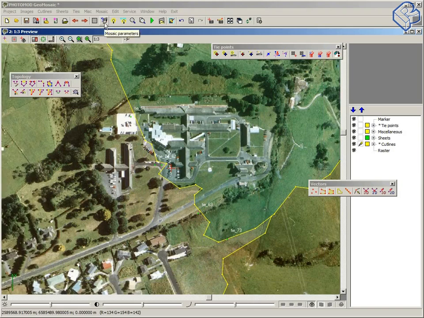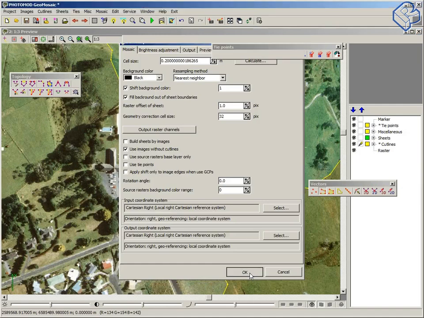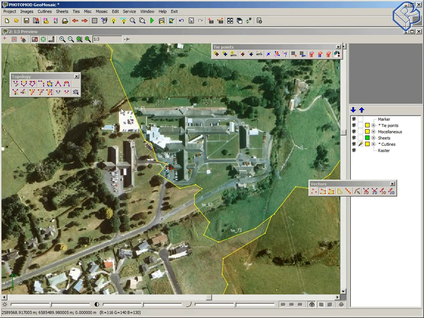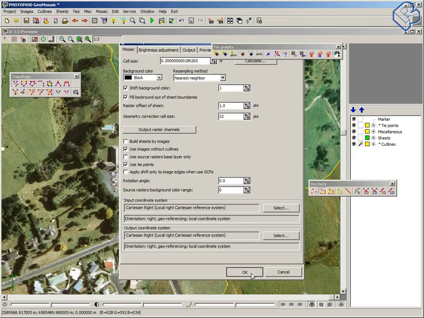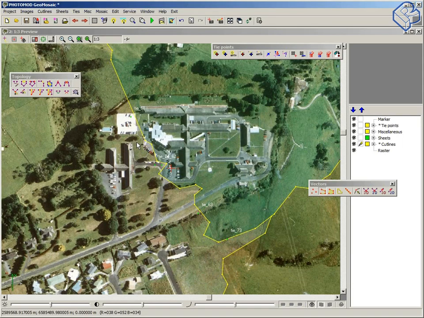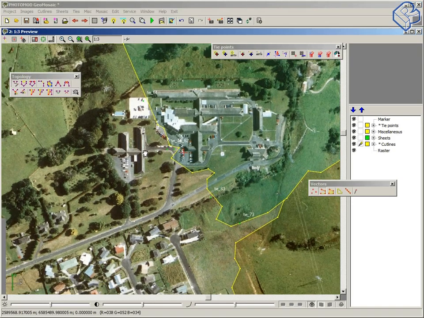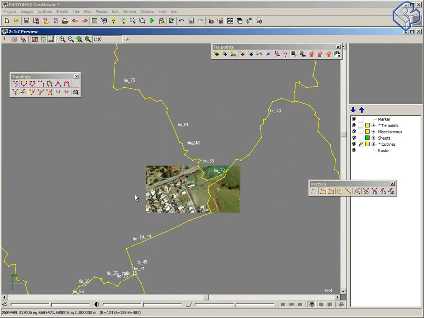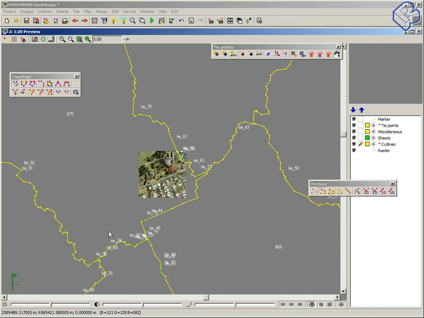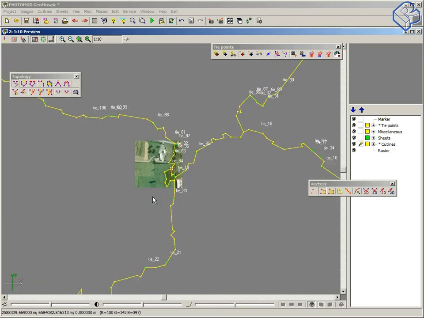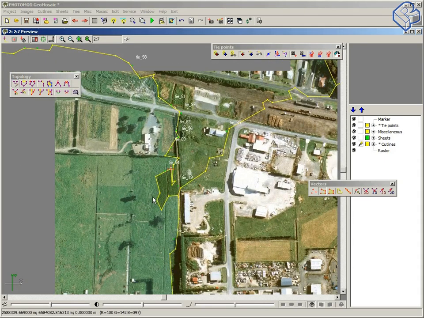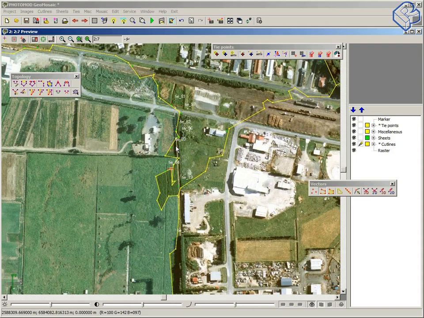Let's look at the preview without using tie points. Okay. And with tie points. Yeah, it looks better, I'm sure. And let's go back to this part, because in this part I think it's better to edit, for example, these cut lines, and it is possible, and we can use all tools,